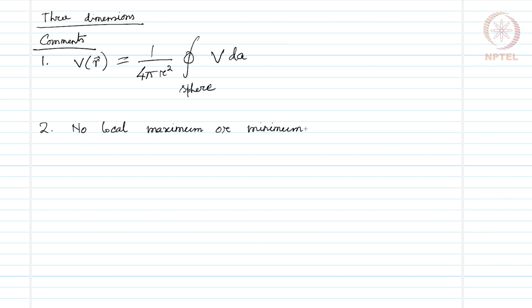Let us consider the average of the potential over a spherical surface of radius r. Let us try to show this thing explicitly. Here we have a sphere. Here is the center of the sphere. Let us consider this as capital R, and here is the surface element that we are considering.